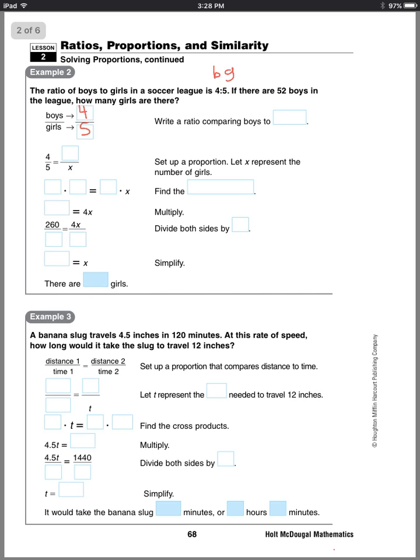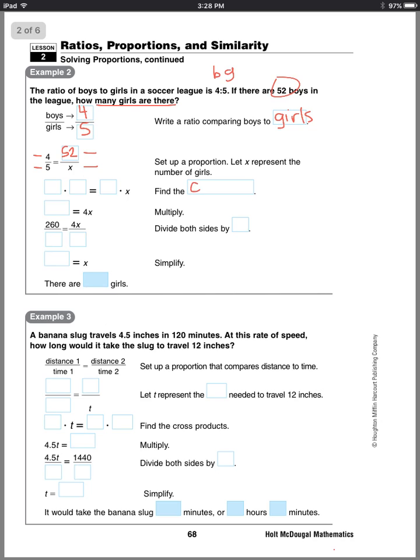Okay, so we write a ratio comparing the boys to girls. So we have 4/5. Since the boys was on top, the boys has to be in the first ratio here. That has to be top here. Since the girls was in the denominator, the girls needs to go in the denominator. We don't know how many girls there were, so they put an X there because that's what we're finding. We do know there were 52 boys though, so we put 52 here. So we are going to find